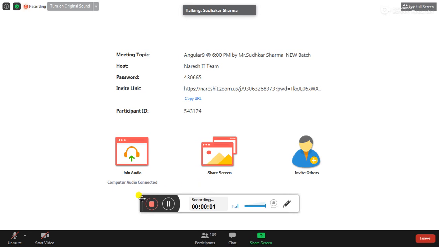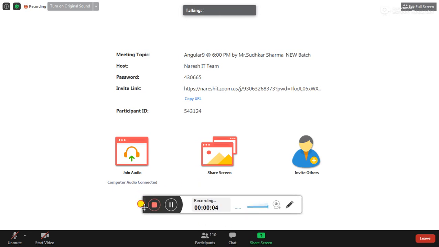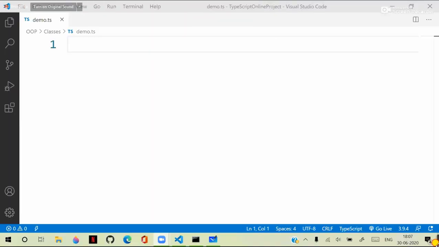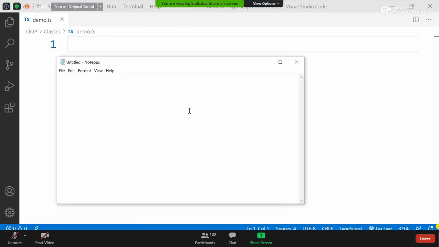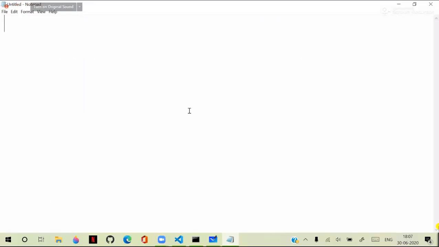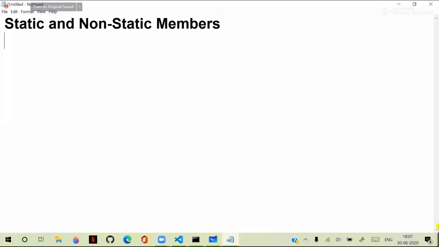Important points related to classes. So we discussed how to configure members, that means static and non-static members. We learned about the static and non-static members. So technically, while working with classes, we learned about